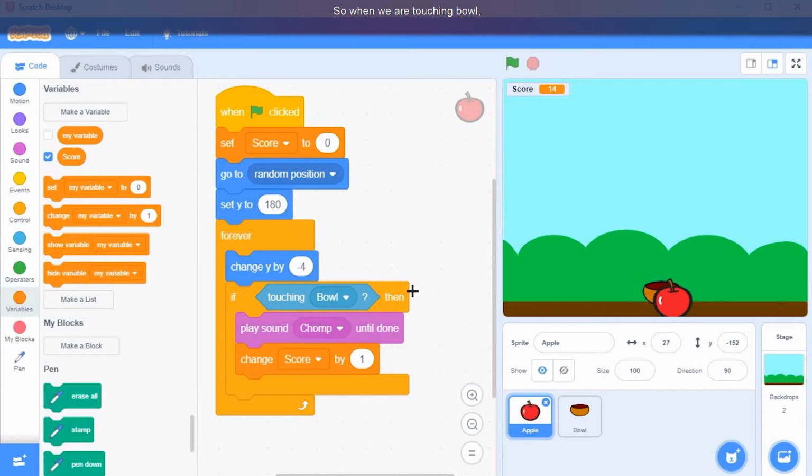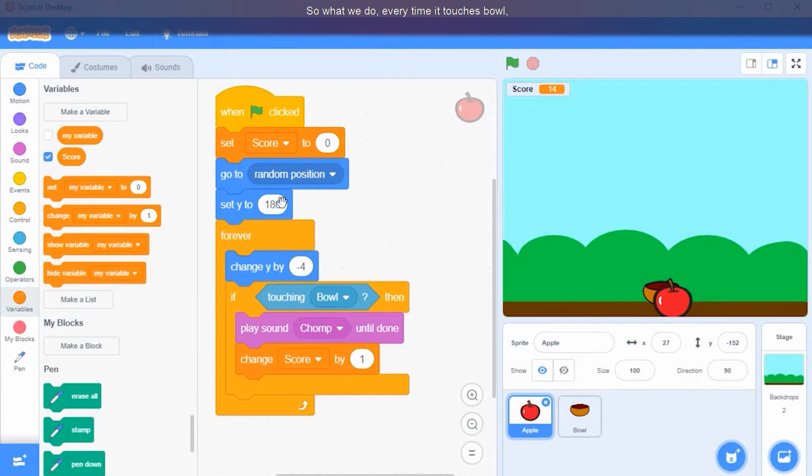When we add touching bowl, you can see these sprites are overlapping with each other. So every time it is touching, it will add score or it will play that sound. So for that, only once when it touches, we have to hide the apple or we have to set its position to some other position.